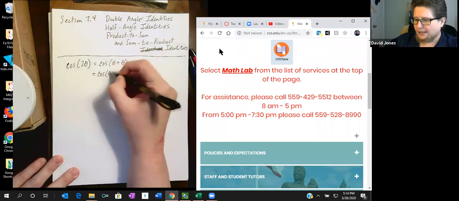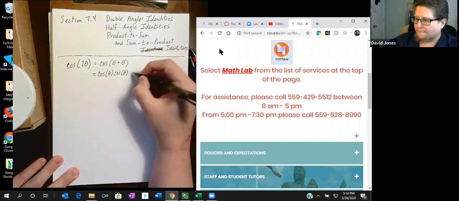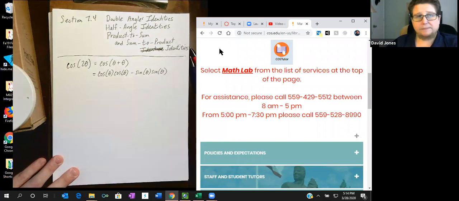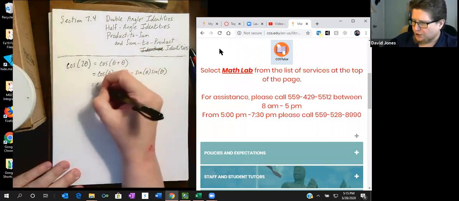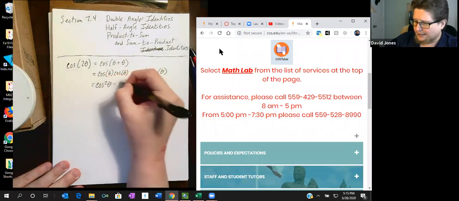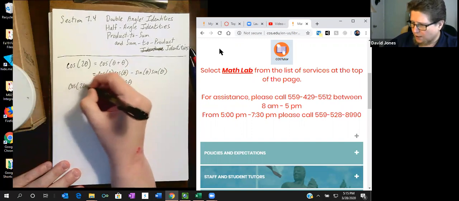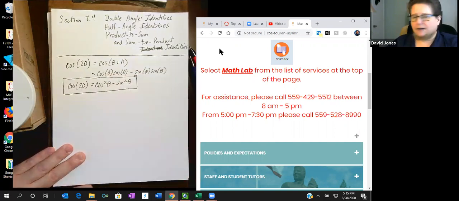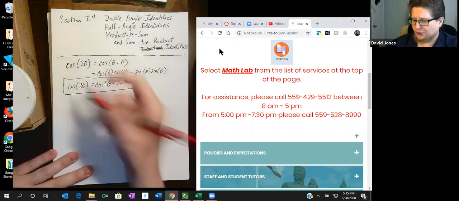This is cosine theta cosine theta minus sine theta sine theta. That was the identity for cosine of A plus B, which is cosine squared theta minus sine squared theta. This is the first one of three. We have two more, and to find the other two,